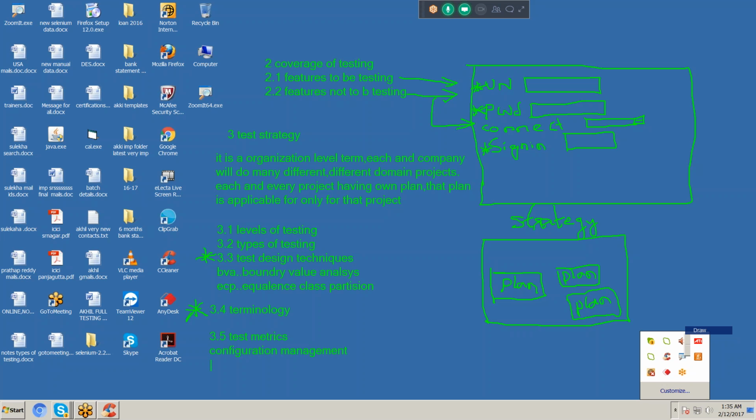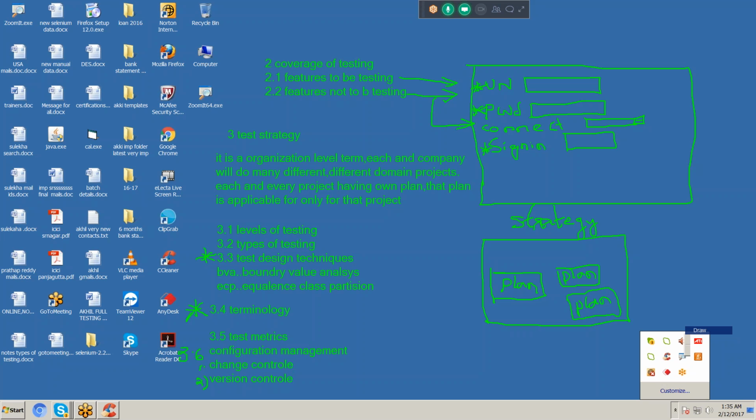One is change control, the other one is version control.